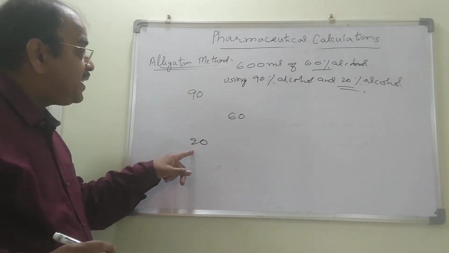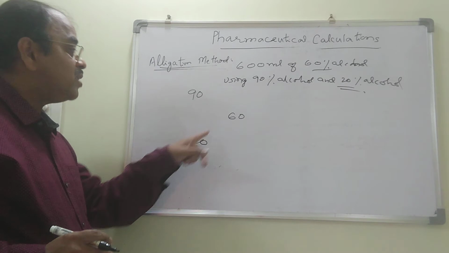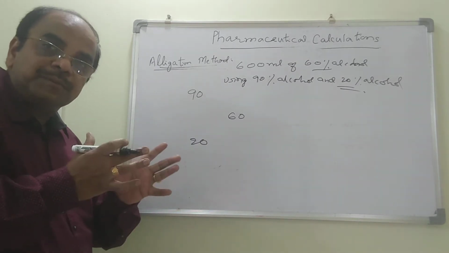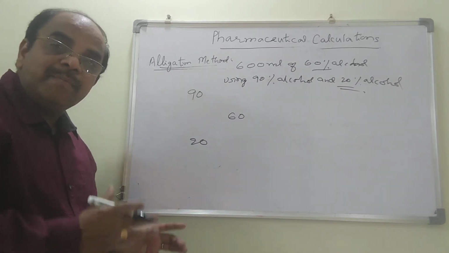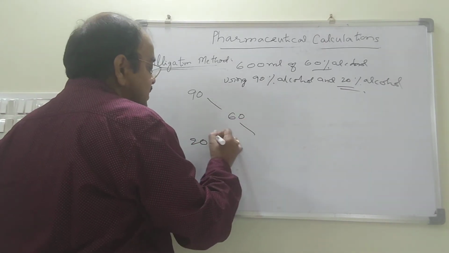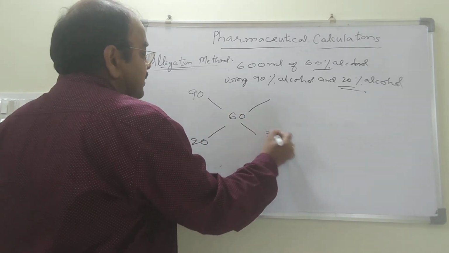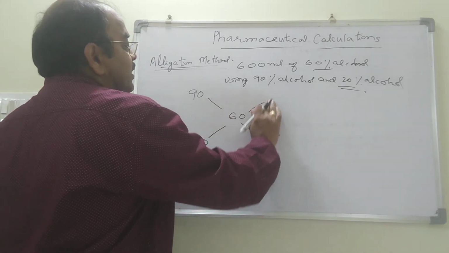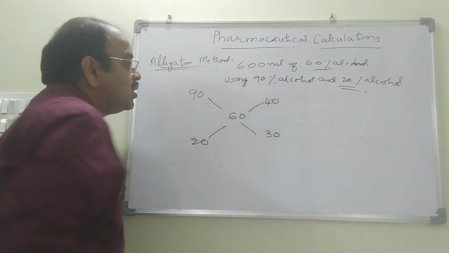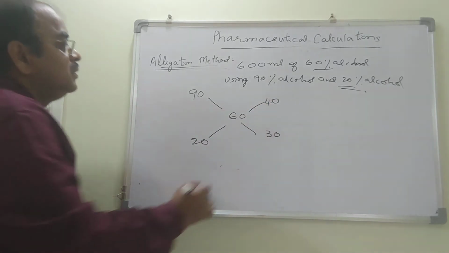Using 90% and 20%, you have to prepare 60%. How do you mix these two to prepare 600 ml of 60% alcohol? 90 minus 60, 20 minus 60. 90 minus 60, 30. 60 minus 20, 40. So we need 40 parts of